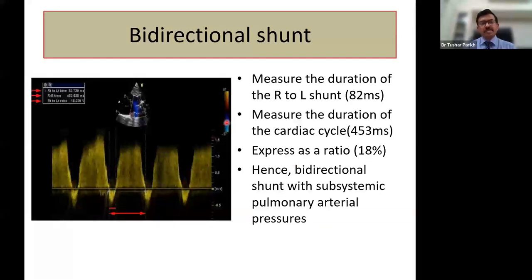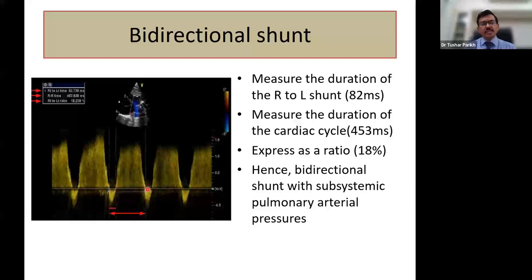So now this is a PDA. This is a Doppler across the PDA. As you can see, this is the right to left shunt, which is below the baseline, and this above the baseline is left to right shunt. Now, what I do is calculate the duration of the cardiac cycle, which is from this point, first